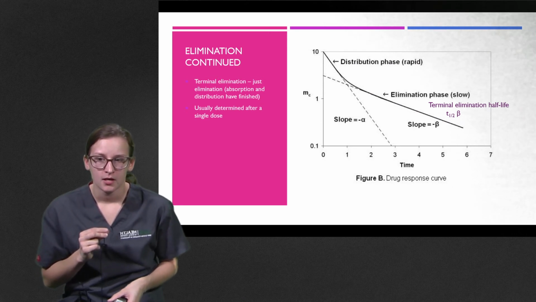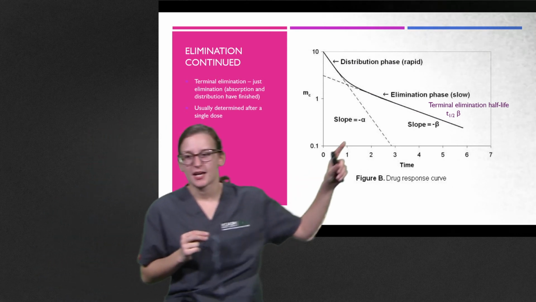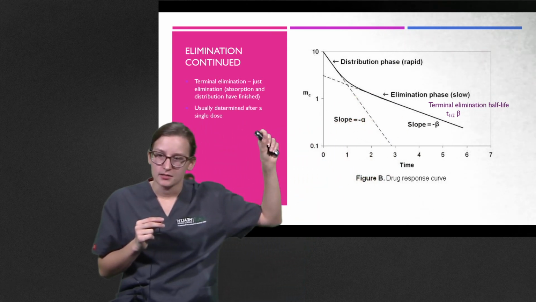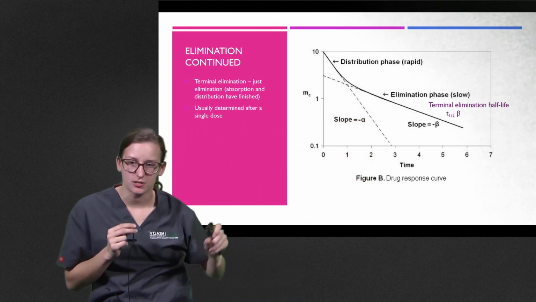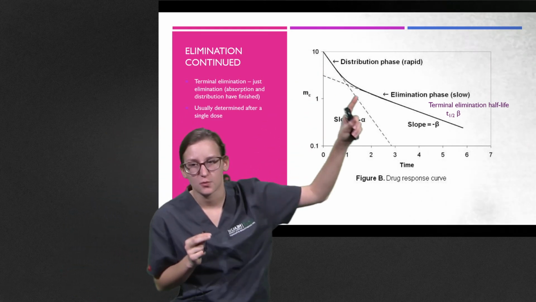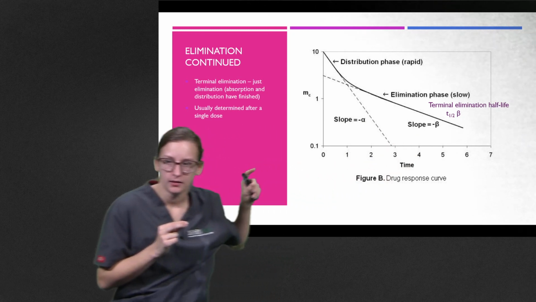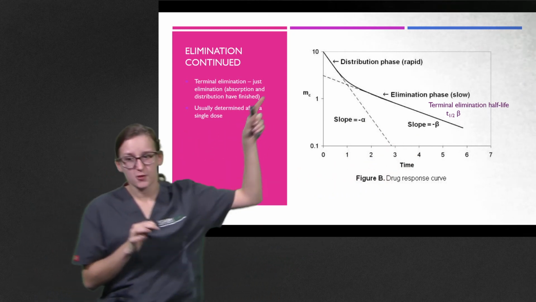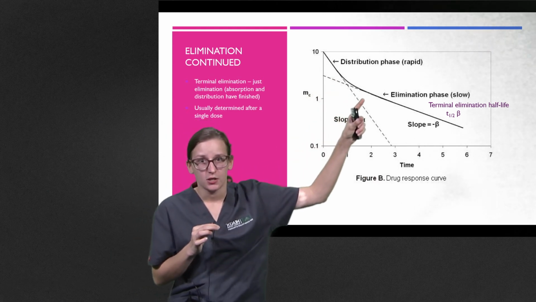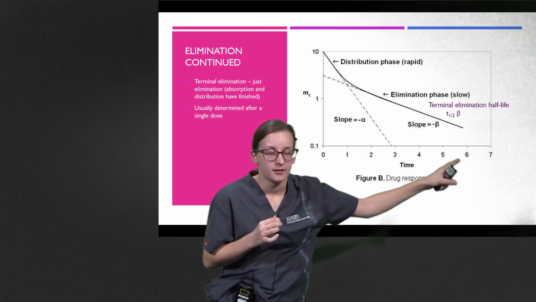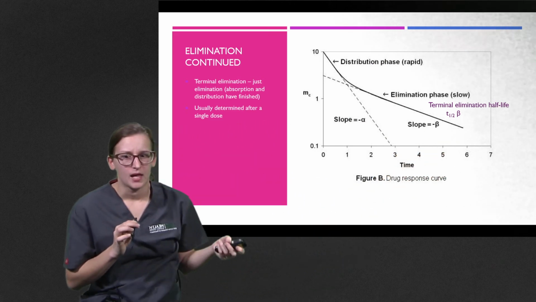So terminal elimination, like we said, is when we get this beta slope here, and it's just elimination for the most part. Absorption and distribution have basically already occurred, so we're solely removing the drug from the body. Usually we determine this after a single dose, because if you dose something afterwards, your absorption and distribution will come right back up and you'll get more of a zigzag pattern on your time